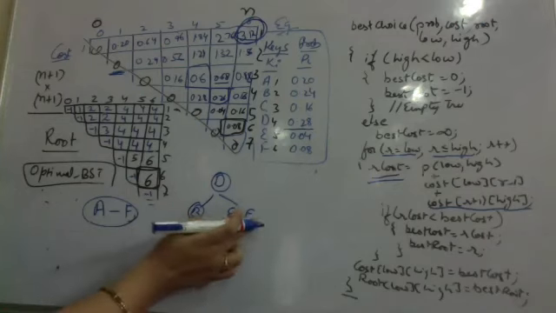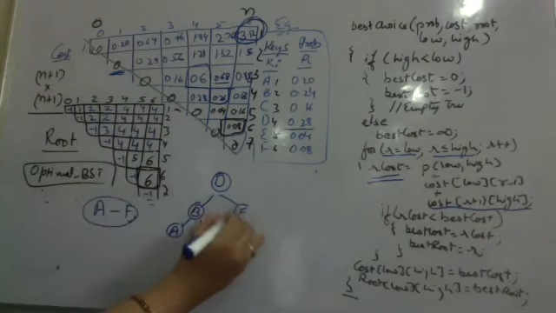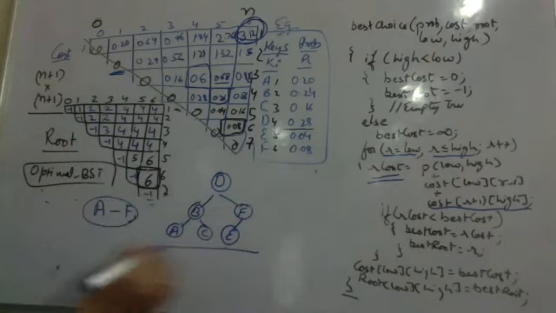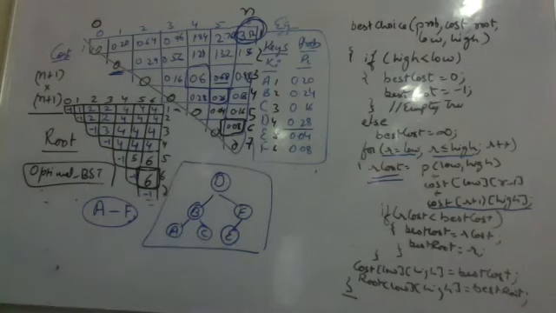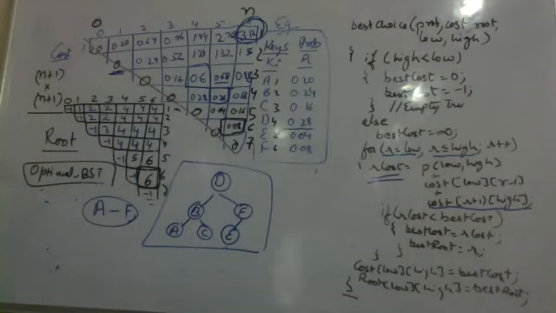Then out of E and F, 5 to 6 में root कौन सा है? 5 to 6 में the root is 6. That means F is the root here and E will be a left child of F. This becomes my final optimal binary search tree. Am I clear to all? Yes, ma'am. Can I show once again how did I construct the binary search tree? Or can everybody create it?